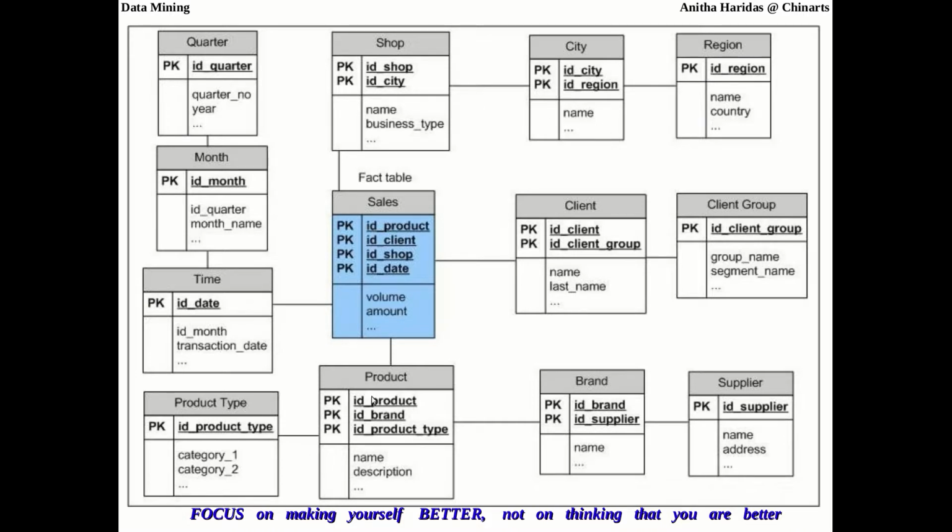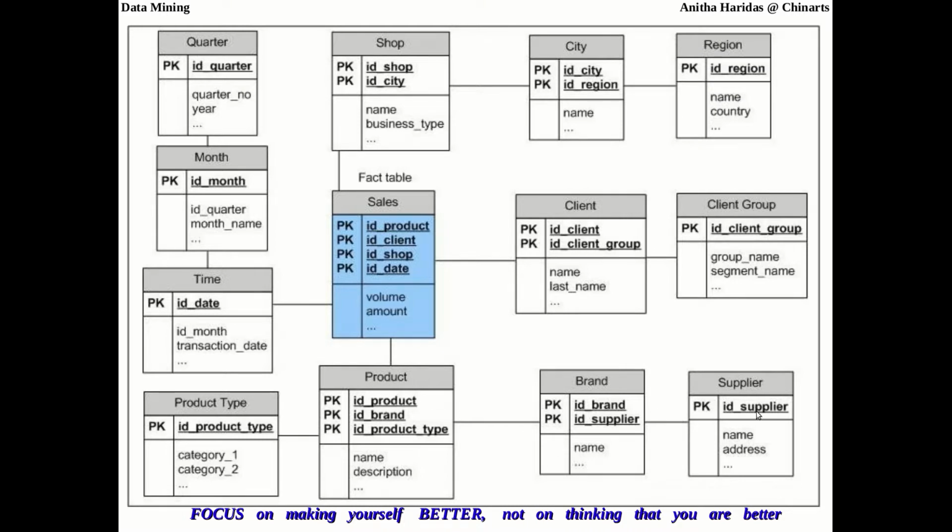The same way, if you have product, the brand details and the supplier details will be placed together in a single table in the case of star schema. But now the brand information and the supplier information are put into additional tables for normalization purposes.